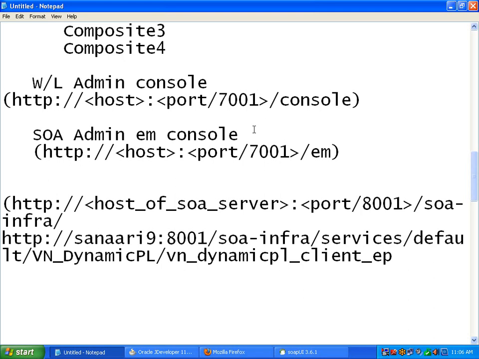Configuration of it is at the same port, 7001 port. Now in 11.1.1.2 it is 8011. In 11.1.1.3, if you deploy it on the same domain, it will be 7001, configured on your admin server only. Even here, in 11.1.1.2 also, we have configured it in such a way that